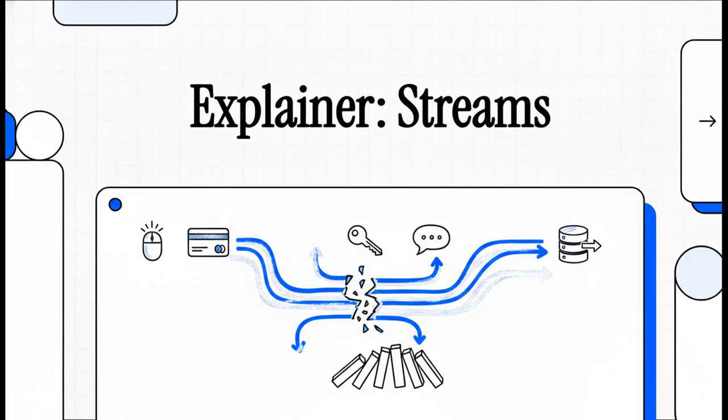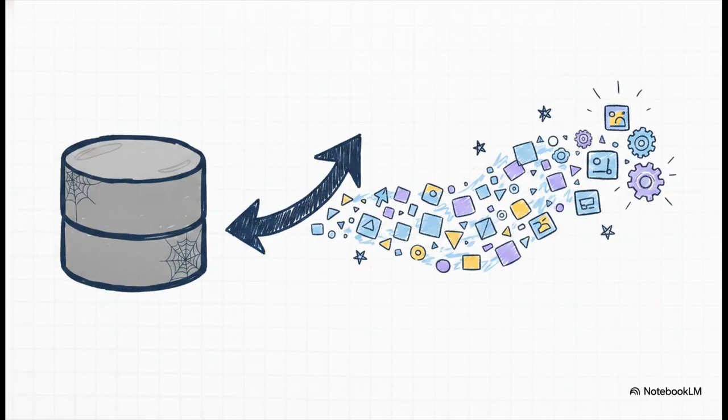Welcome to an explainer that is going to fundamentally shift how you think about data architecture. Today, we're talking about a massive paradigm shift in system design, moving away from the old-school idea that a database is just this static resting place for information. Instead, we need to start looking at data as a continuous, flowing river of events. We're going to see exactly how modern systems react to continuous change, how they keep dozens of microservices perfectly in sync, and how they transform raw live events into real-time derived data.